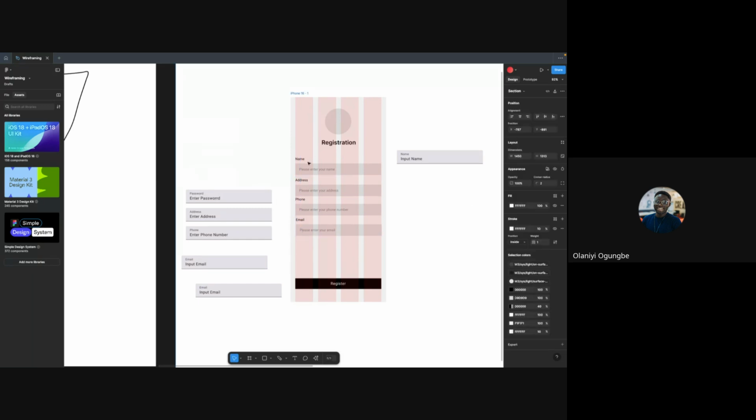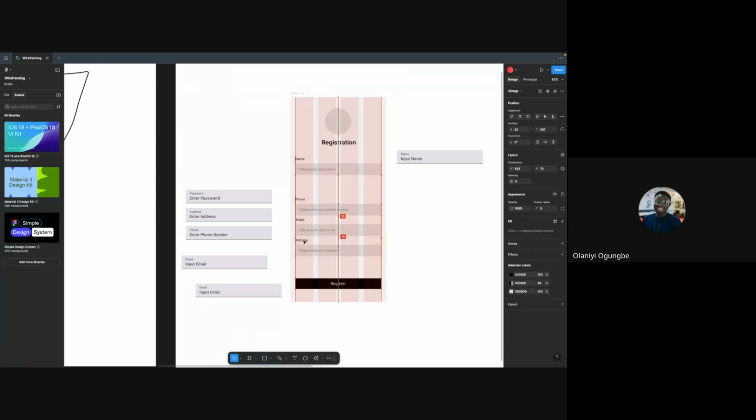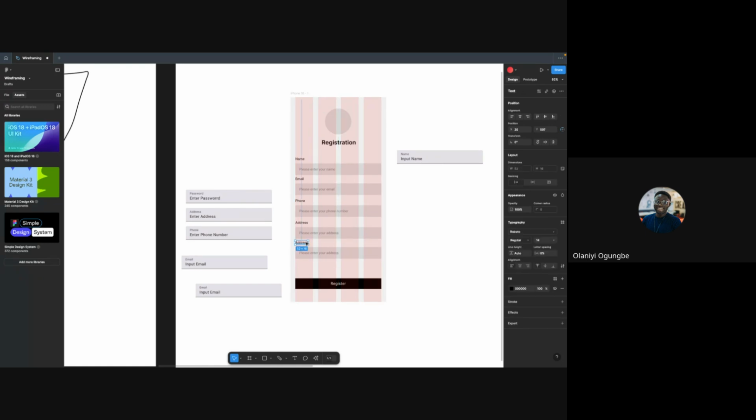So now let's rearrange this. Name, then email comes before address. Then we have phone, address, right? 1, 2, 3, 4. What am I missing out? Okay, password. Let me do Command D one more time for password. Password. Please enter your password.